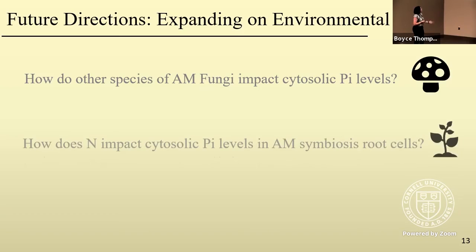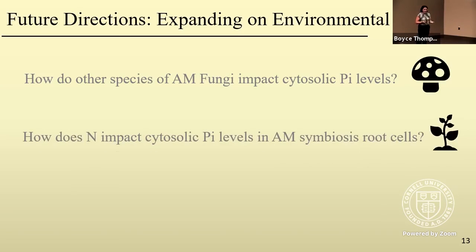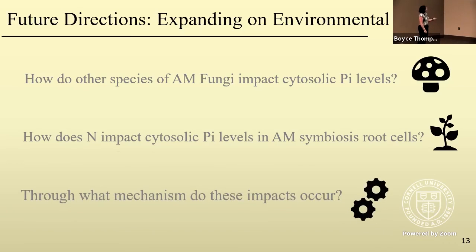And then also looking to complete our data set to go back and hopefully get fungal growth so that we can see how nitrogen impacts cytosolic phosphate levels in root cells that have AM symbiosis. And then finally, a little bit more of a downstream application as we are looking to use this in the fields. One of the important things may be to understand the mechanisms through which these occur so that we can better utilize them and maybe tend them towards helping our crops to more efficiently get the phosphate that we are